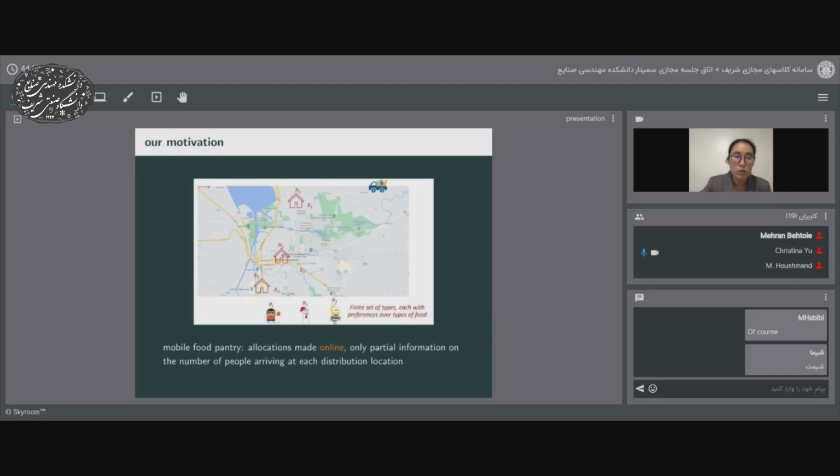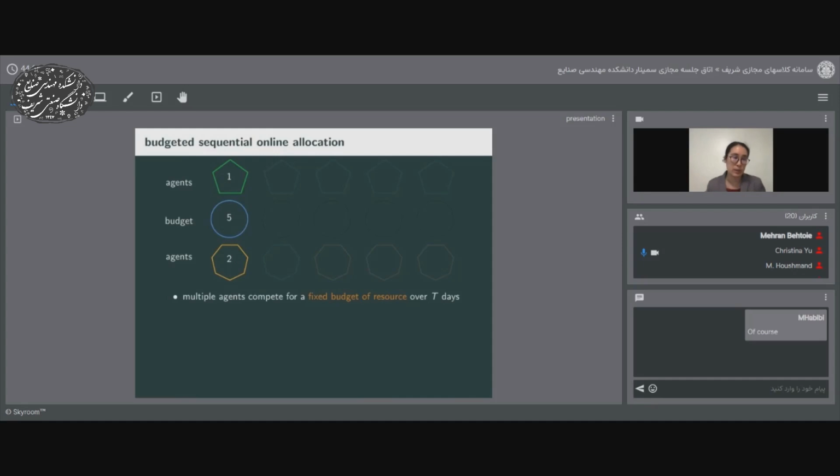But what we do assume is that we have access to historical data. Because the mobile food truck perhaps runs this route maybe once every week, they can collect data over time to estimate the rough distribution of the number of people arriving at each location, but they don't actually know the exact realization of how many people are arriving at each location. So that's the kind of challenge that we're looking at in terms of how to allocate resources in a sequential